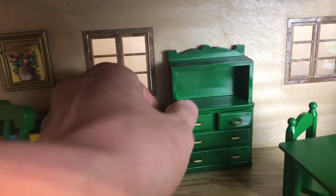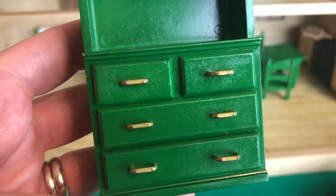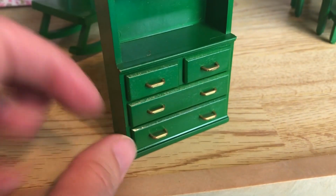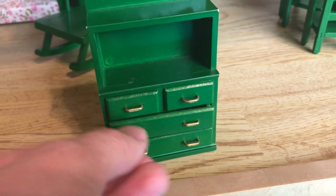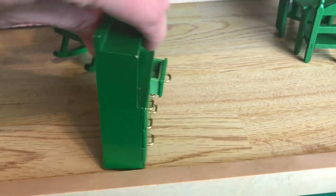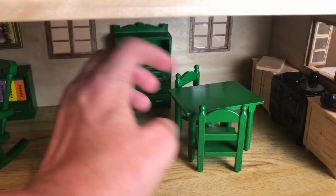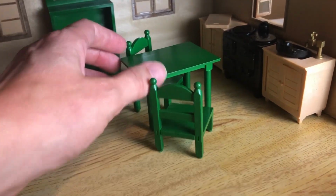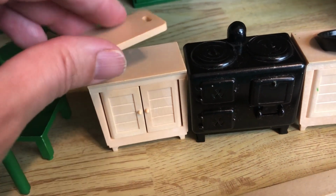And we've got this little piece here. It looks like a dresser, or it could be a hutch for a kitchen. Very nice. Even the handles are in great shape. They're not rusted. So clean. And this table's in great condition. And I love that we have a lot of these pieces in miniature with that little mini vintage house from